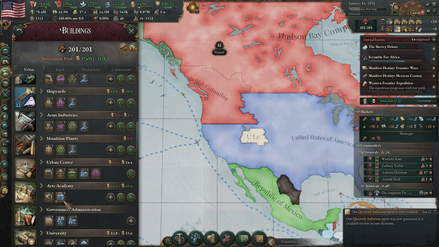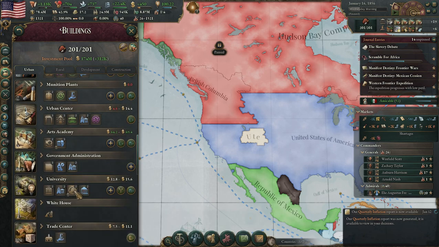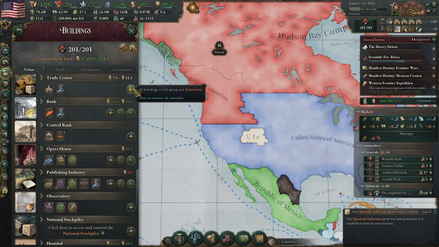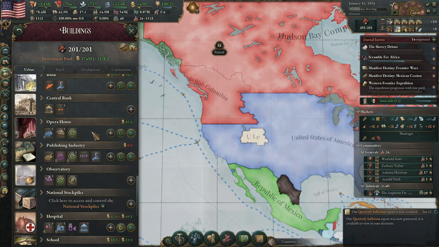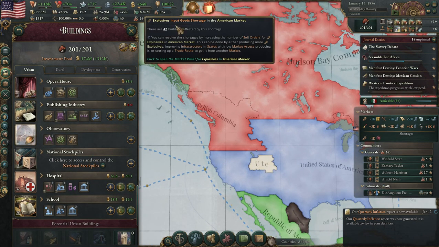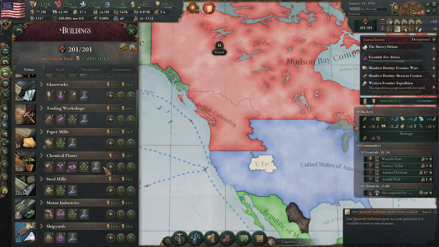Explosive shells, wanting to get some more explosives rolling along. Go with traditional patronage there. Still no need to do the College of Engineering though. Subsidizing our trade centers? Why? I don't know, I guess I'll keep doing it. Publishing industry, we have transport, and we'll go with the rotary press, sure. We're going to need to deal with this explosive shortage, so...